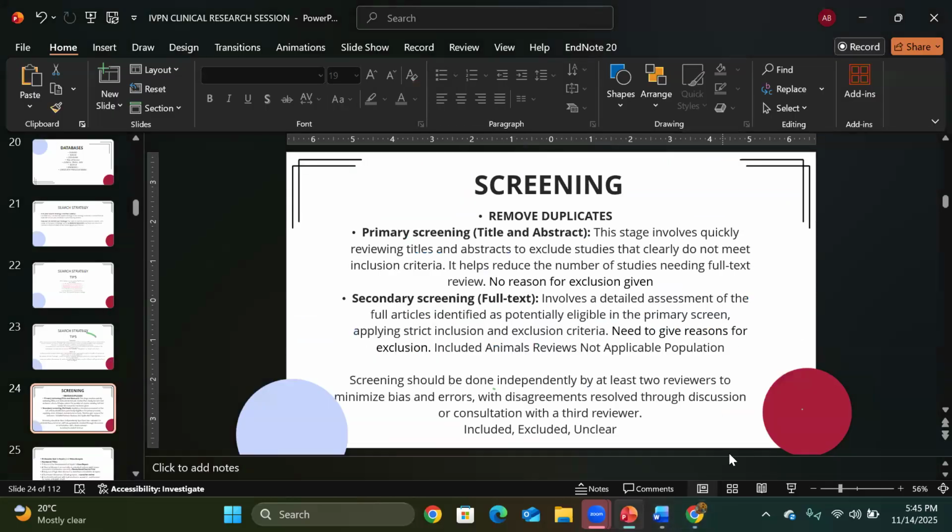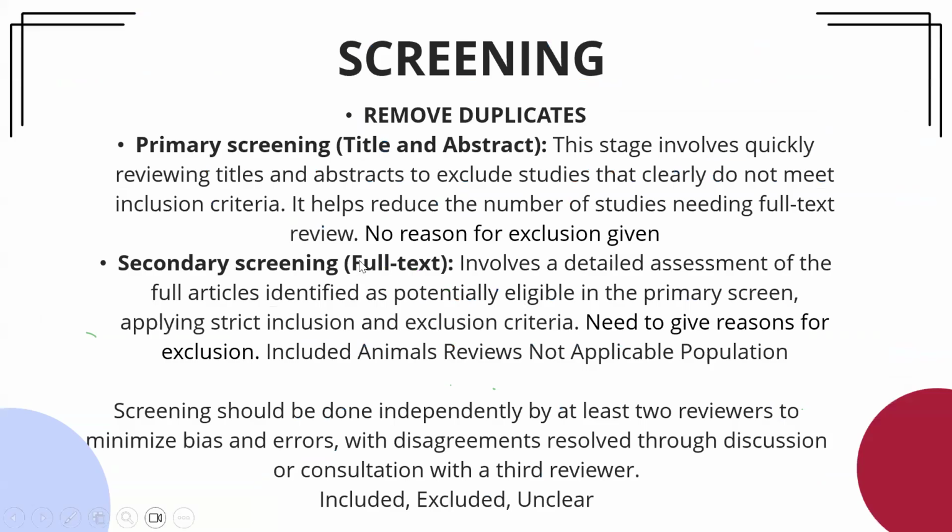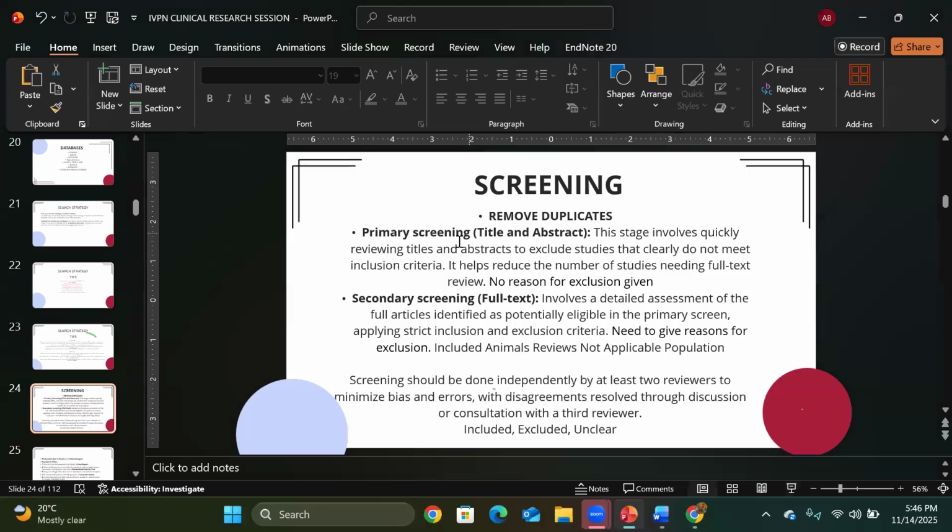Okay. Secondary screening sometimes takes a lot of time. For that, you have to thoroughly go through the article. And in secondary screening, you just get around 10 articles, 15 articles max. So we will divide it among the members, and they will go thoroughly through the article and see whether the article is according to our PICOS or not. And if you exclude it, you have to give a reason. You have to give a reason for exclusion in secondary screening, but you don't need to give reasons for exclusion in primary screening. When I first did my SR-MA, around 100 articles were extracted for the primary screening.